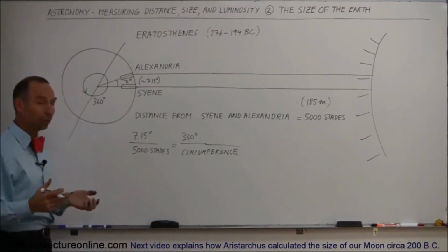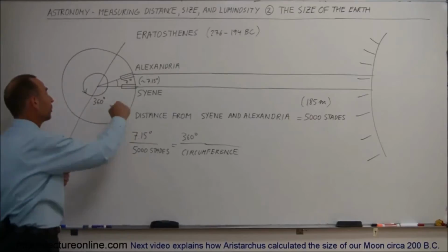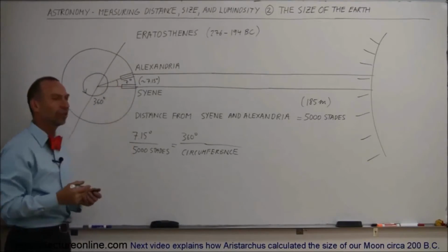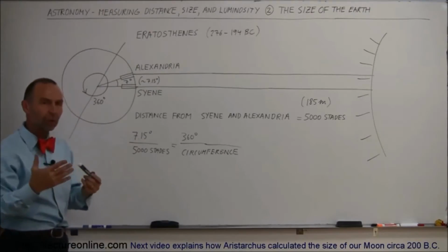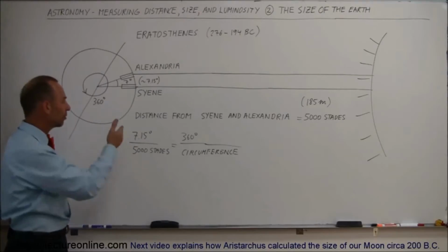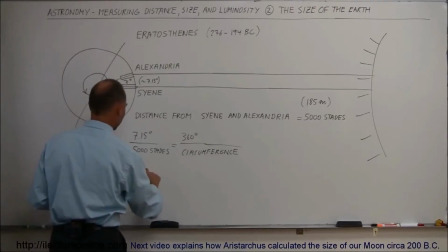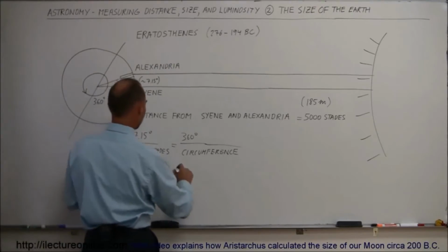So now all Eratosthenes had to do was figure out how far it was between Alexandria and Syene. And of course, there had been a lot of travel between those two cities with camel trains, and sure enough, the distance was roughly always known to be about 5,000 stadia. So what they did was they took that ratio, and when they calculated the circumference, they said the circumference was equal to,